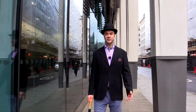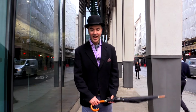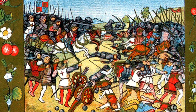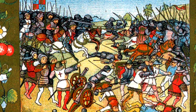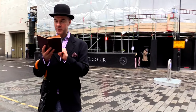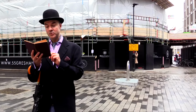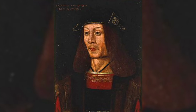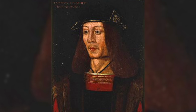So, well, the Battle of Flodden Field was in 1513, and it was one of the bloodiest battles in history between the English and the Scots. And poor old King James IV of Scotland was slain in battle. According to John Stowe, the historian, after the battle, the body of the said king being found was enclosed in lead and conveyed to the monastery of Sheen in Surrey. And the workmen there, for their foolish pleasure,